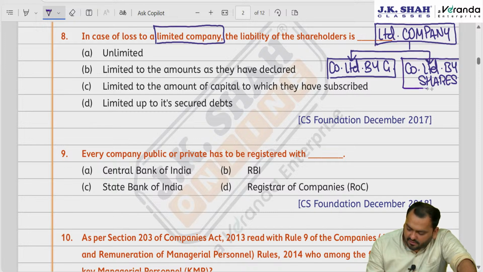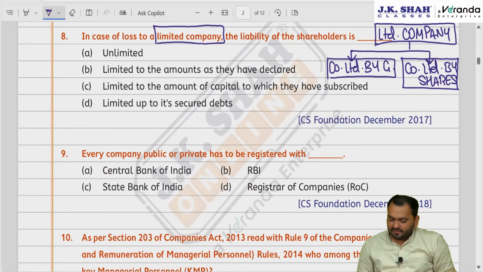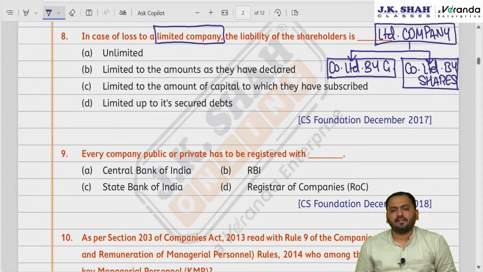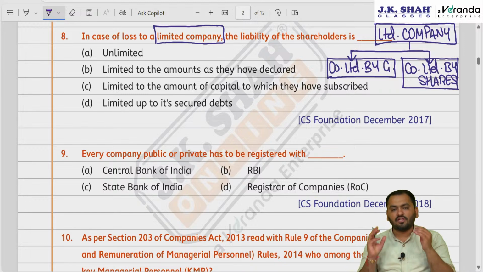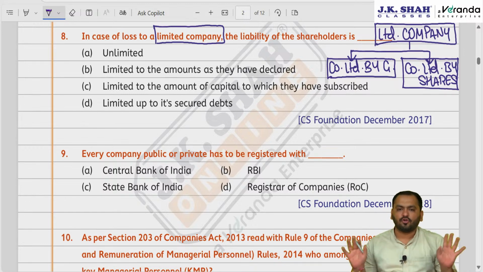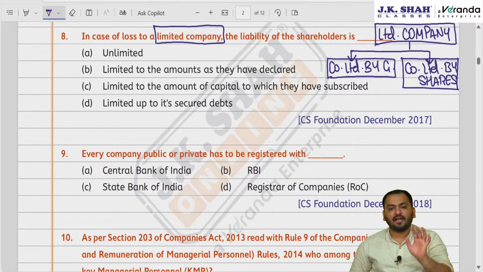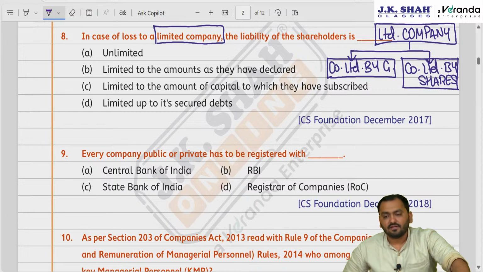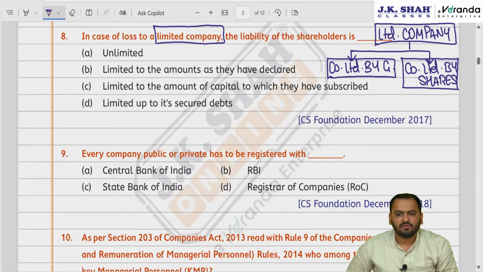Company limited by guarantee and company limited by shares. Okay friends, so what is it? When I talk about the subcategories, obviously both are subparts of a limited company. That means in both the subcategories the liability of the member is going to be limited. But how much? If we talk about company limited by guarantee, the liability of the member is limited, but only up to the extent of the amount of guarantee taken by the members of the company.